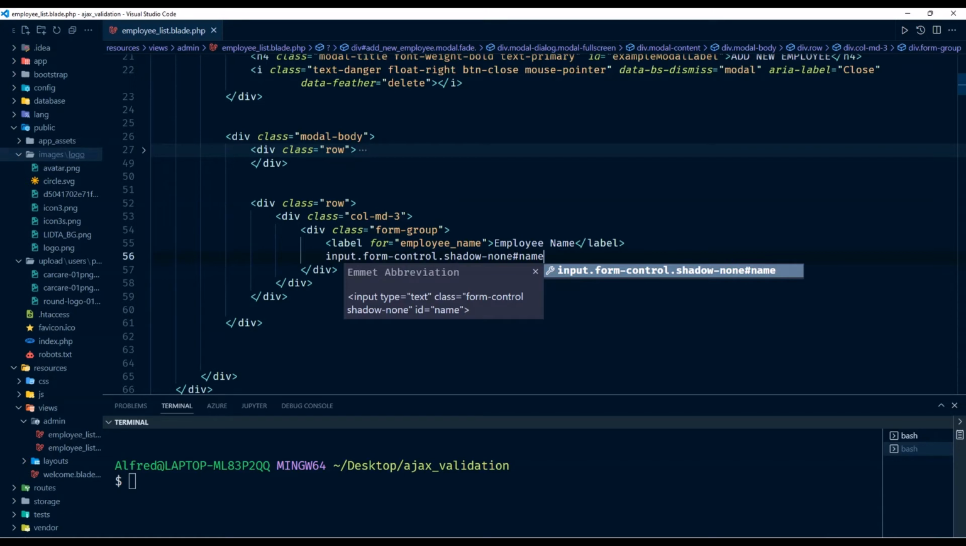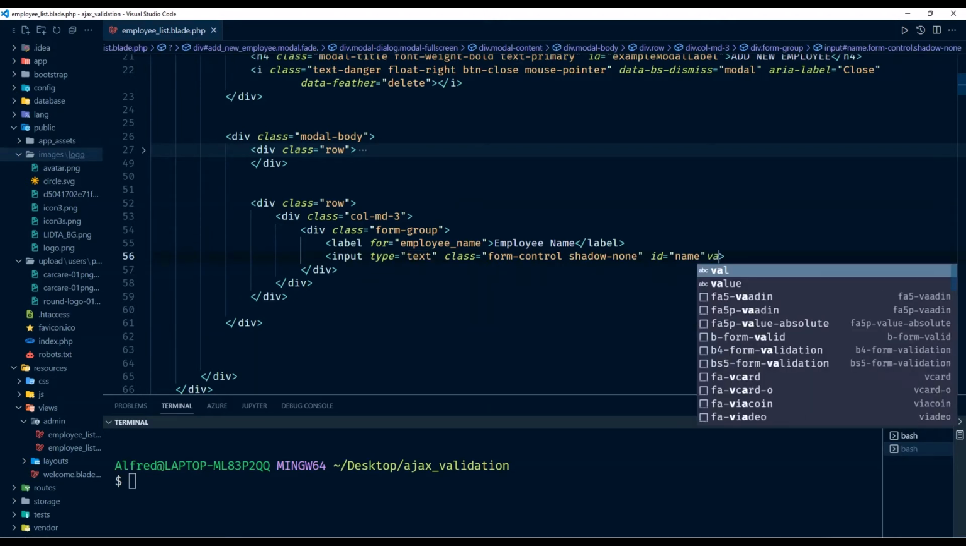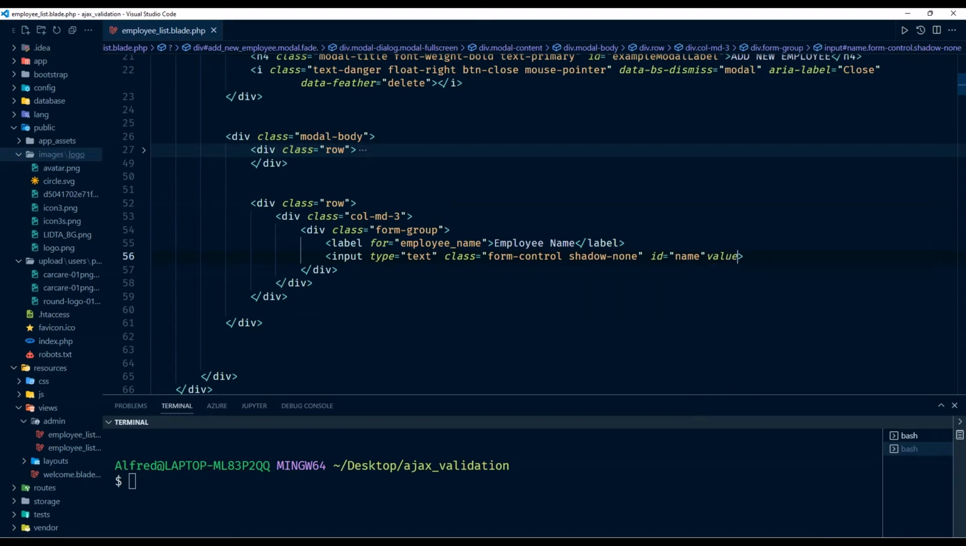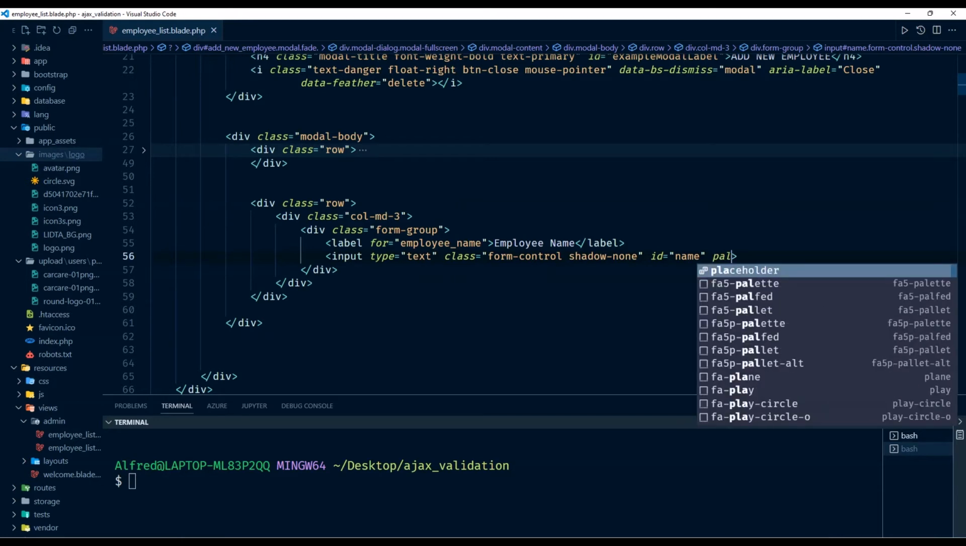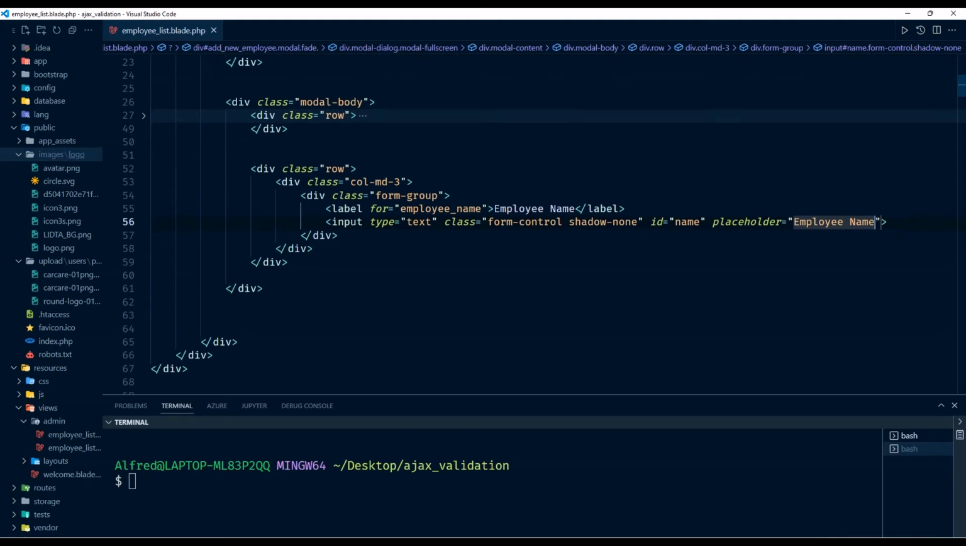It's gonna be name, like that, and value for now it's gonna be nothing, so no need to put it, but I'm gonna put placeholder instead, and I'm gonna say employee name, like that. All right, so I have this